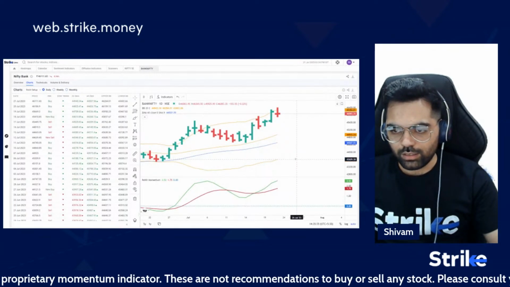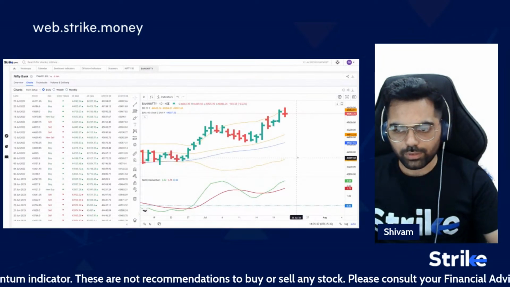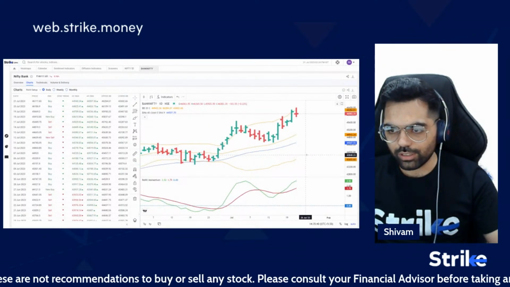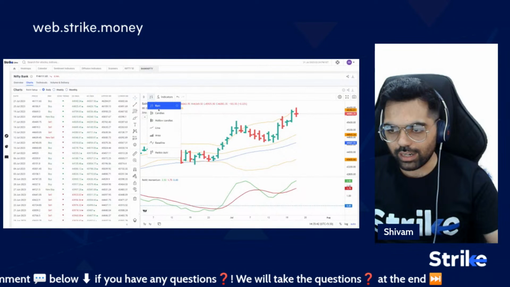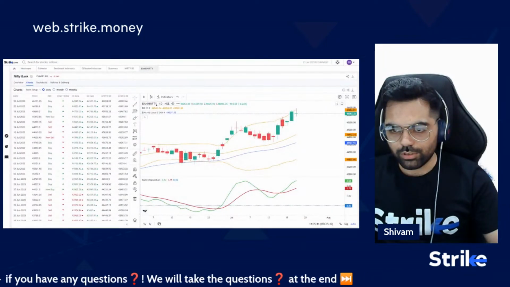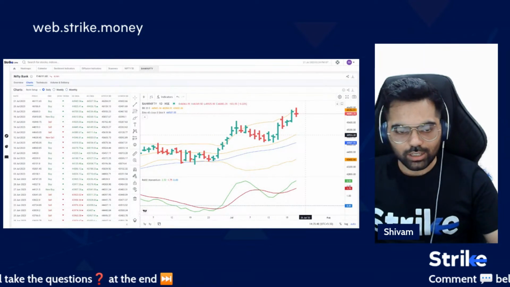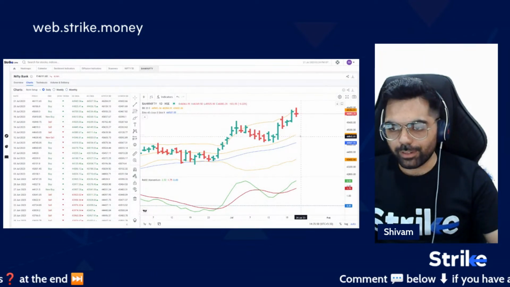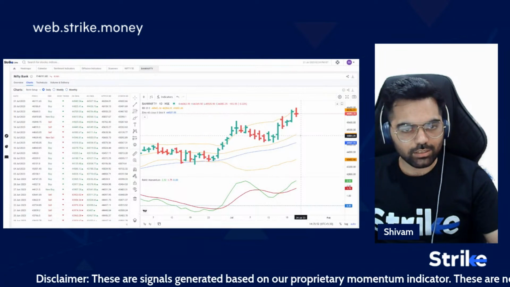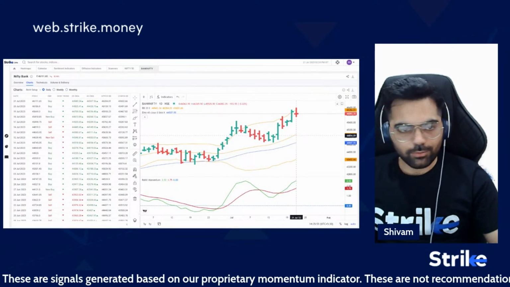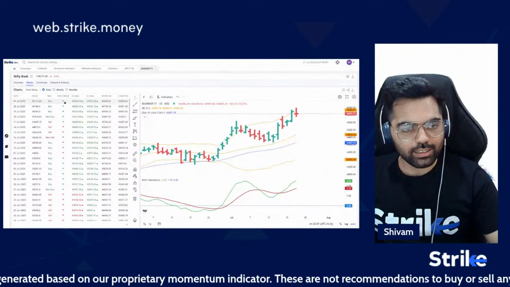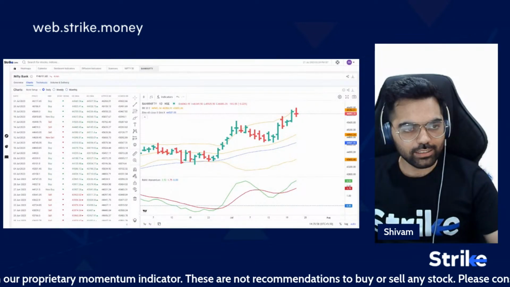So as you can see on the setup, there is no major change on the Bank Nifty. Today's candle is looking like a doji kind of a candle, but there is still some time for the market to close. So we can watch out for what kind of a closing we get. So that was a look at the charts, indicators, and the setup of how the headline indices are placed.